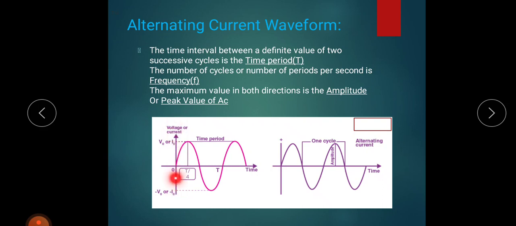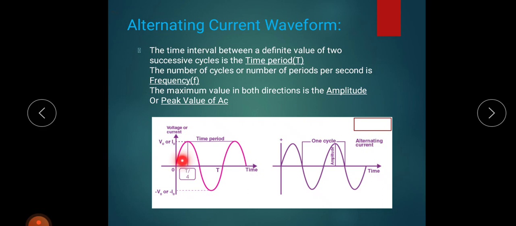This is the negative y-axis, which consists of the negative values of the instantaneous current or voltage. From the graph we can see that the charged particle in alternating current starts moving from 0,